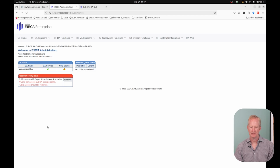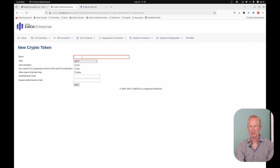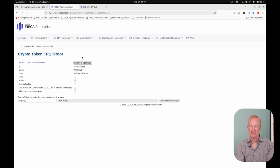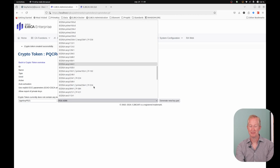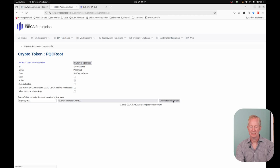So the first thing we have to do is create what we call a crypto token, which is where we generate the keys in EJBCA. So first I will create a crypto token called PQC root. It will be software keys only, no HSM here so far. And I create the crypto token and it's done. And then I will generate keys on the crypto token. For the root CA, I will generate 2 keys, since it's going to be a hybrid. And we'll use NIST security level 256-bit on this one, which means a classic signing key of